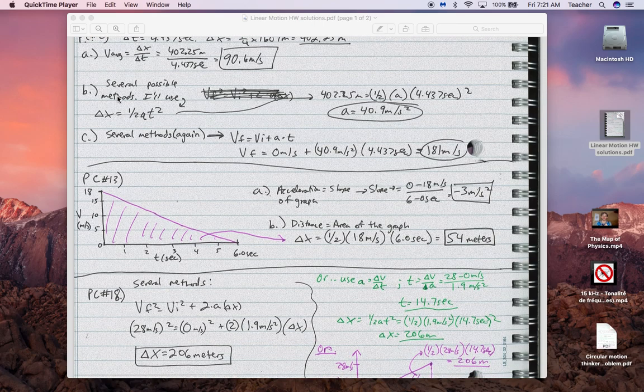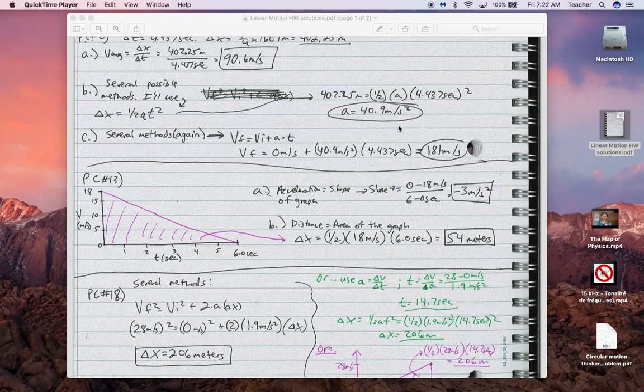To find the acceleration, there's a few methods. I'm going to use this one again. You really can't use acceleration as change in velocity over change in time with this value because that's an average speed, not a final speed. You would reach the average speed halfway through the time interval. So if you use that, you wouldn't be able to use your 4.437 seconds. You'd have to use something half as big, and most people won't think to do that. At any rate,